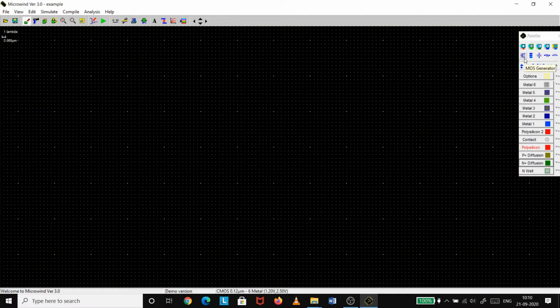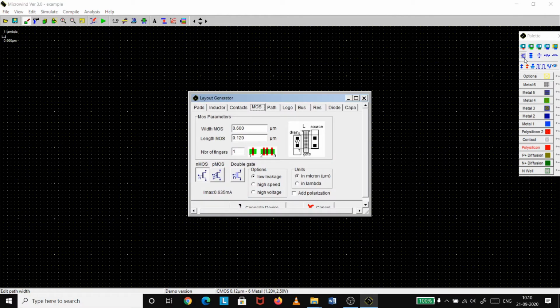A transmission gate is nothing but a back-to-back connection of the PMOS and NMOS. So for one transmission gate we will require one PMOS and one NMOS. So first we will select PMOS, adjust the width and length of the PMOS.